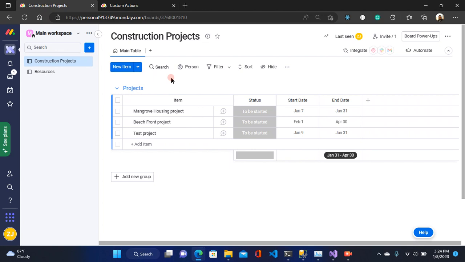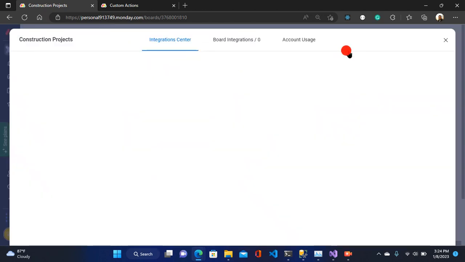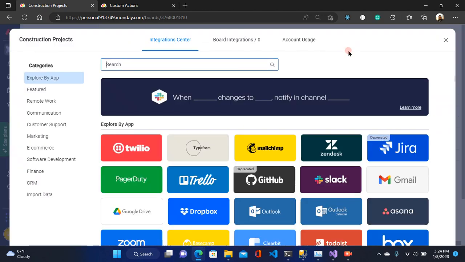One option that monday.com provides is the ability to integrate using a webhook. I have logged into my monday.com account, and as you can see, I'm trying to integrate this particular board called construction projects, getting the data available in this board and saving it in my database. The first approach you get when you search online is the use